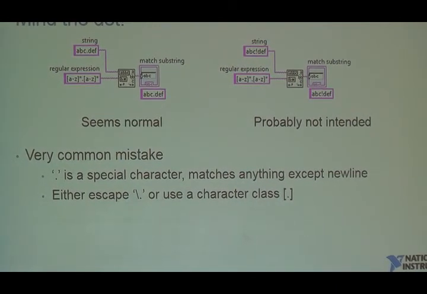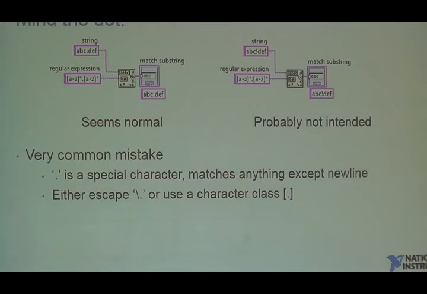And then, of course, you're going to do unit testing on your code, and you're going to put in now ABC, exclamation point, D, E, F. And you're going to run it, and you're going to say, what? That's not a match. I didn't ask for that. And so this is probably not what you intended. So the caveat, the way around it,